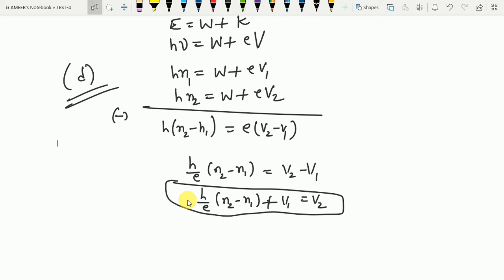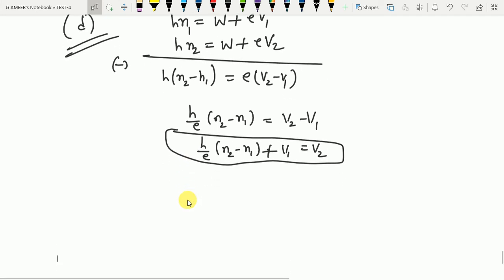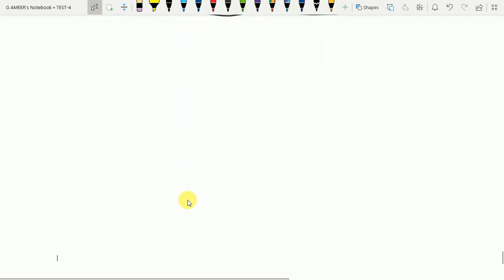Okay. So next go for the P21. The problem P21 is as follows. The maximum kinetic energy of the photoelectrons ejected from a metal plate or cathode, when irradiated with a wavelength of 400 nanometers, is 1 electron volt. The threshold energy of the surface is given. Then which of the following statements are correct?